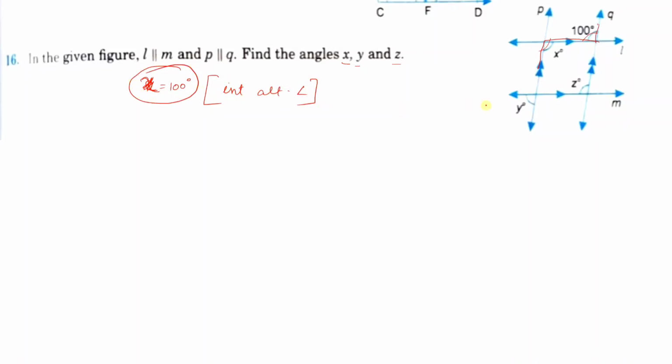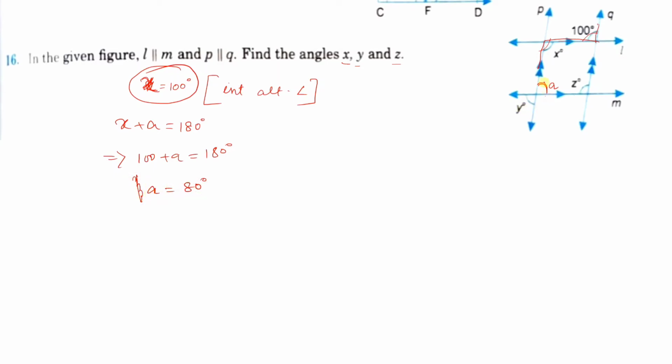Next one we have to solve this one. So let us name it as a, because we are not finding any relationship between y, z and x, okay. X and a will form what? X and a will form co-interior angles, because a structure like this is forming. So x plus a equals 180 degree. From here you will find out the value of a, that is 80 degree. Oh, no need to box it.